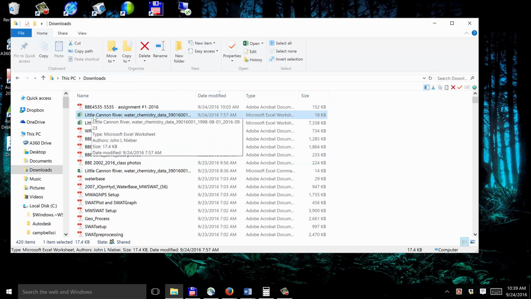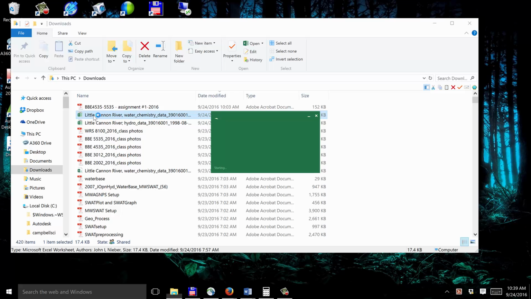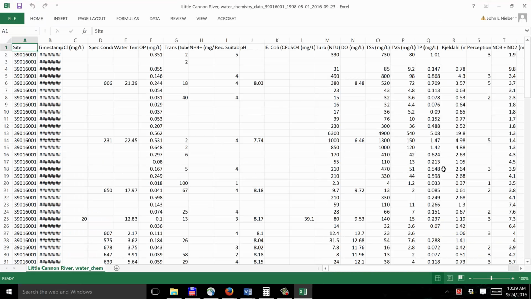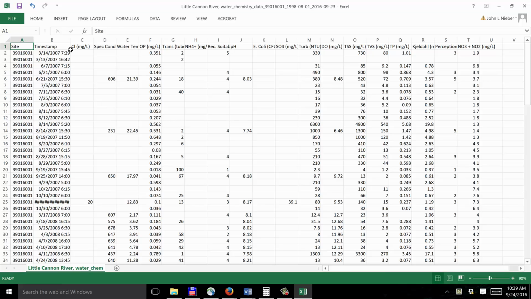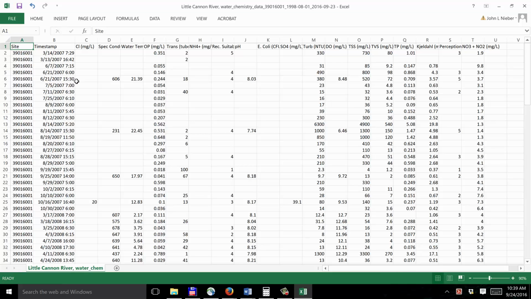Just a quick note about the water chemistry data for the Little Cannon River. The file that you find from the assignment folder is going to look like this. And you'll note that the site number is the same as for the discharge data. Time is here, and we have both date and timestamp when the grab sample was taken. We have chloride, specific conductivity, water temperature,